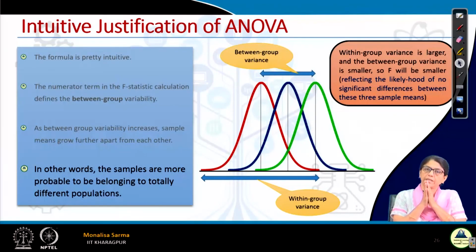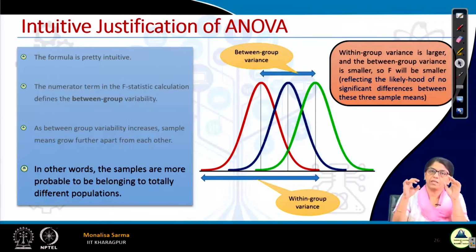The ANOVA identity gives us two variance estimates. One is variance between the groups, another is variance within the groups. When I have to compare these two variances, I always use the F distribution. If my between group variability, which is in the numerator, is a bigger value, then definitely I will get a very high F value,